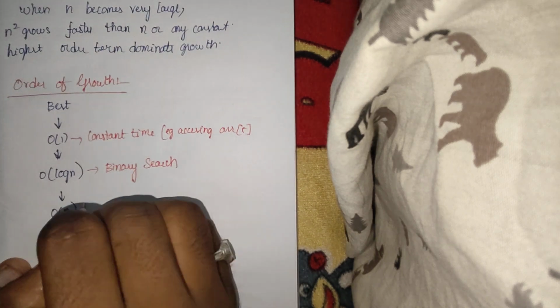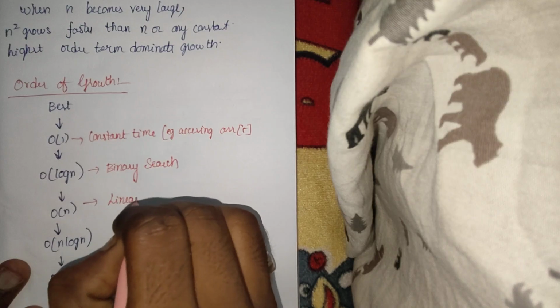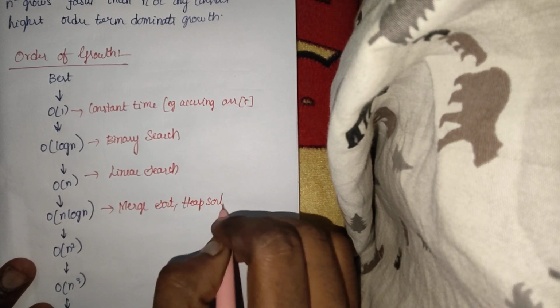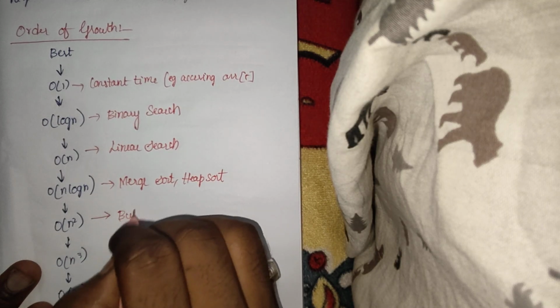O of n is linear search. O of n log n is sorting, like merge sort, heap sort. That's it. And bubble sort